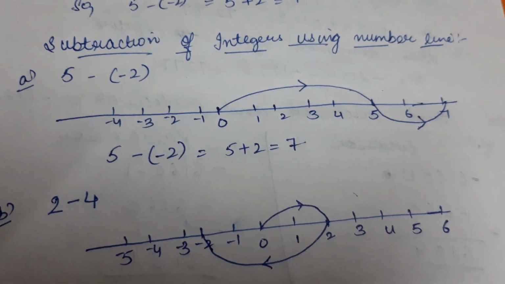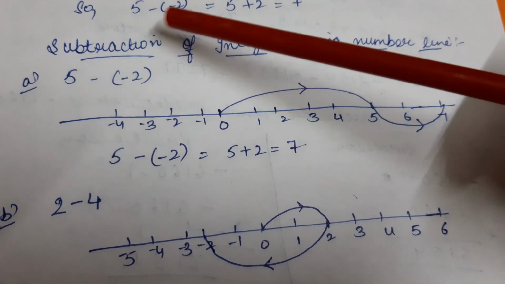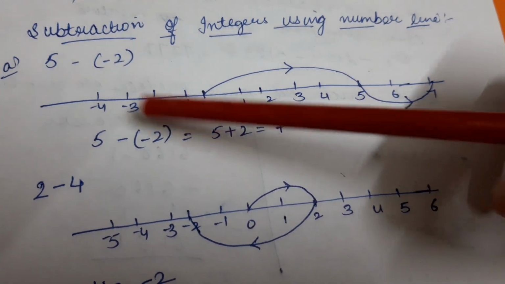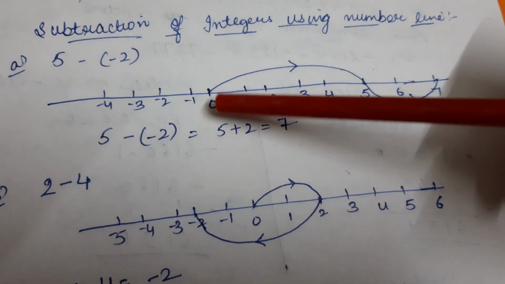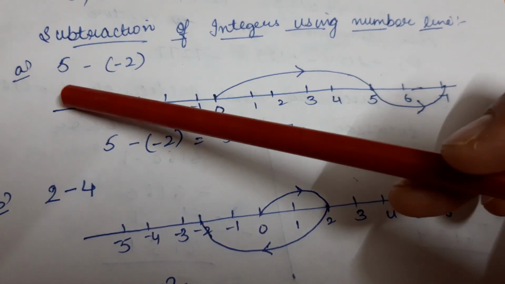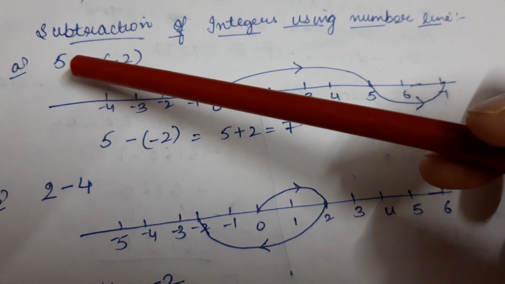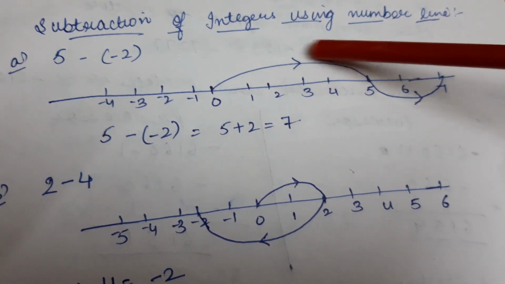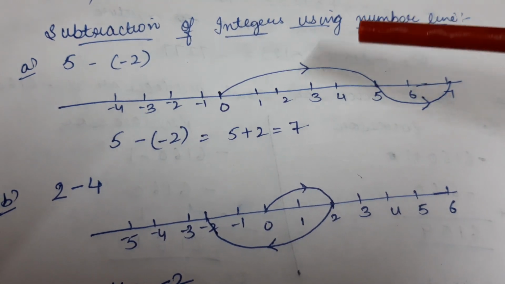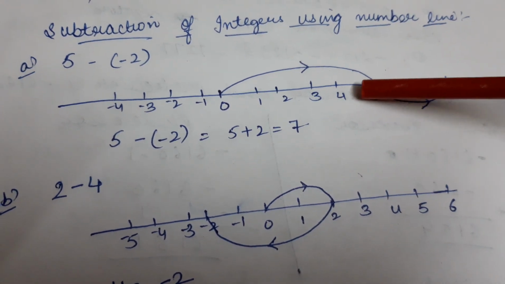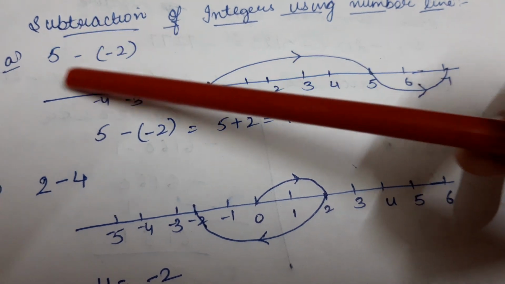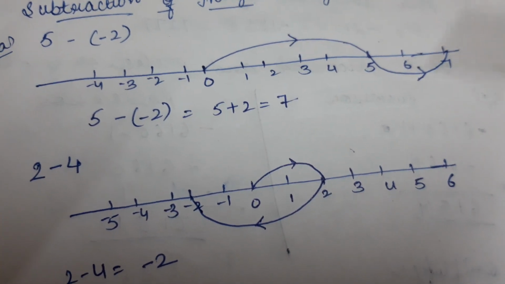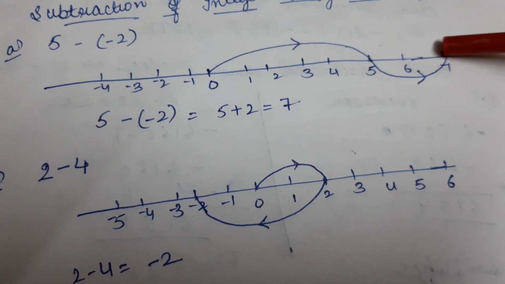If we have two negative signs together, then it becomes positive. Next is subtraction of integers using a number line. If suppose I do the same question on the number line, how will I do? Firstly, I am going to draw the number line. Now start from 0. 5 minus of minus 2. It means firstly from 0 we have to step out to 5. So go to 5. Then minus of minus 2. Again I told you minus of minus will become plus. Plus means we have to move towards right. 2 steps towards right. So we reached at 7.